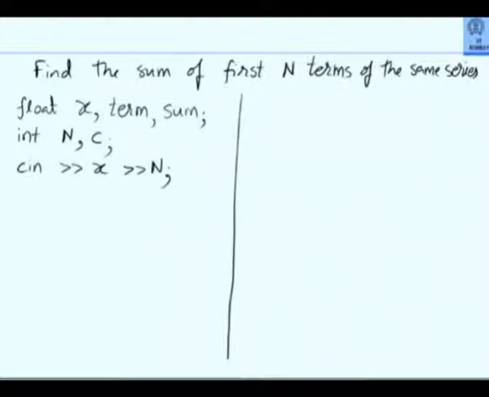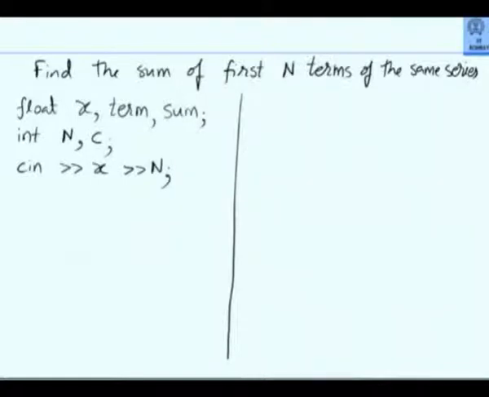Please note that this is a simplified version. I would ordinarily say cout, give value of n, then cin n, then cout, give value of x, then cin x, etc. But this is a simplified one. So suppose these values are read. Now I have to do exactly the same thing that I did earlier. That while loop is correct. But I have to add one more condition of counting. The condition is now not based on the value of x. It is based on counting.